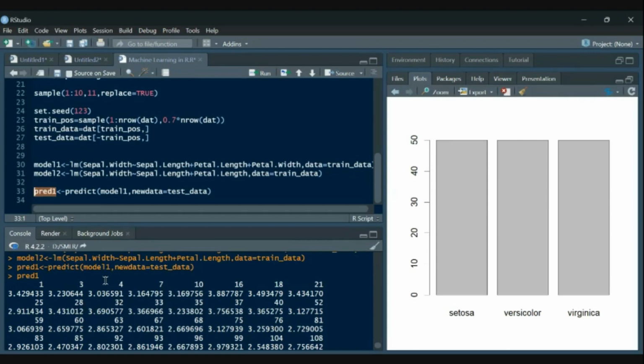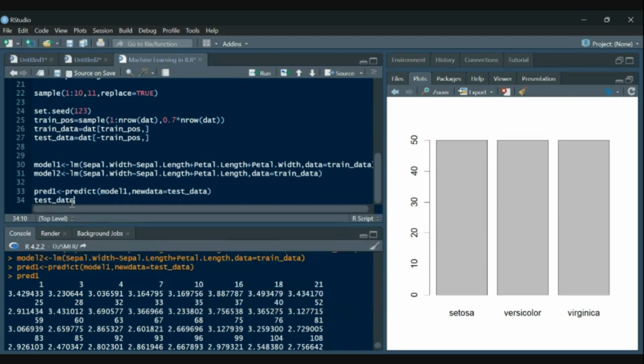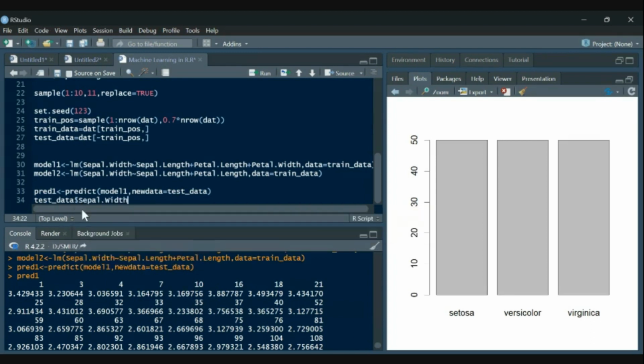So it gave me predictions based upon my test data. So this is for the sepal width. Now let's combine it with the actual value, so my test data sepal width.